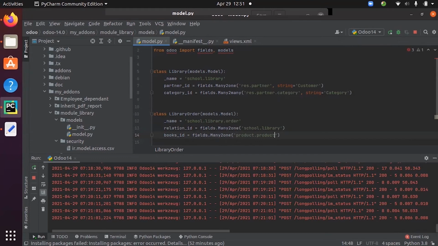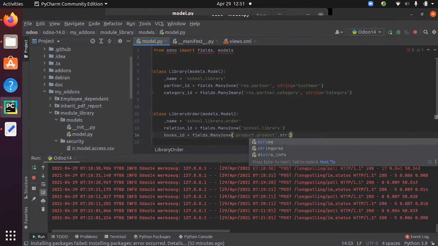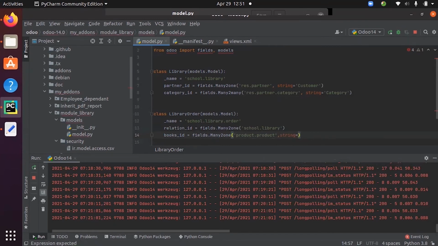That is, it has a relation with the model product. And I'm giving a string equal to books.